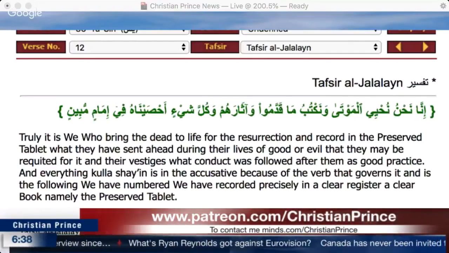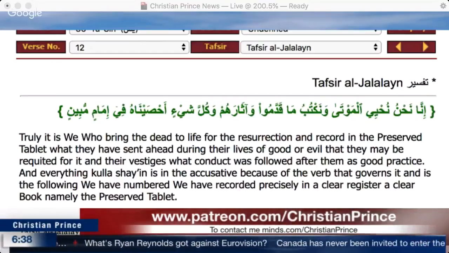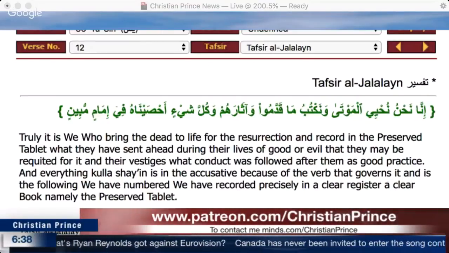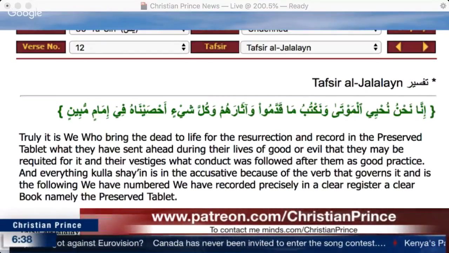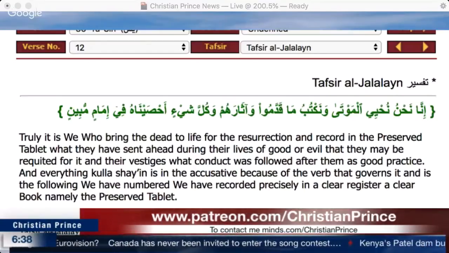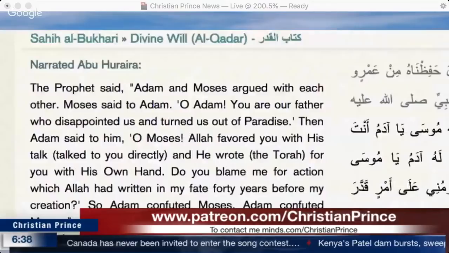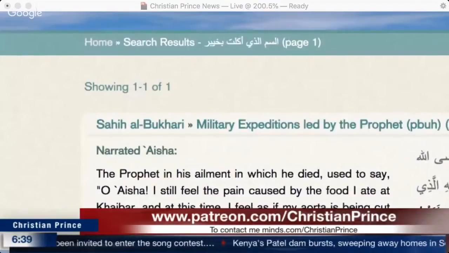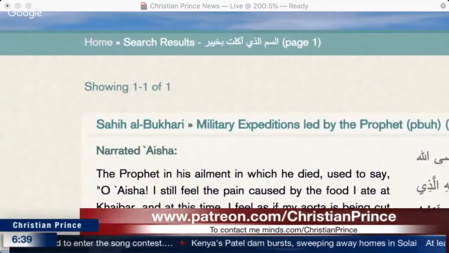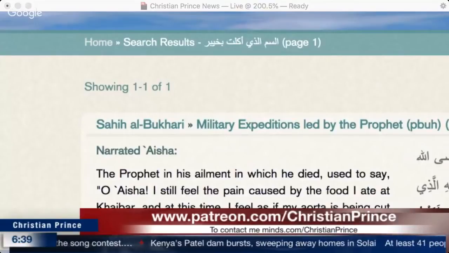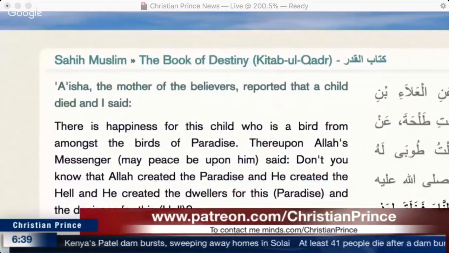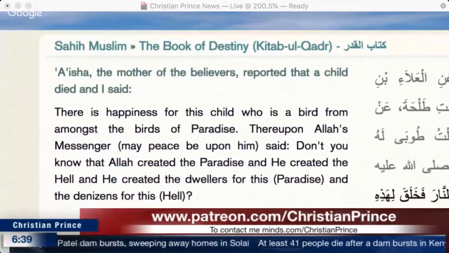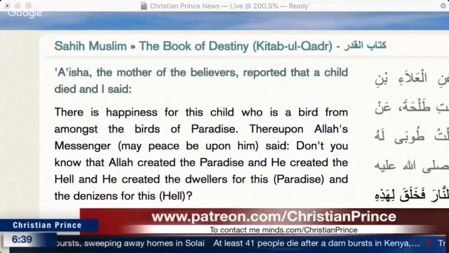Now, because you are trying to escape the hadith, that will make it supposedly harder on me. But the hadith confirms all of this. Muhammad said it clearly that even a child, if he dies, will not necessarily go to heaven, because Allah wrote for everyone where he will be before He created him, regardless of whether he commits sin or not. If we go to the hadith, we will find Aisha.